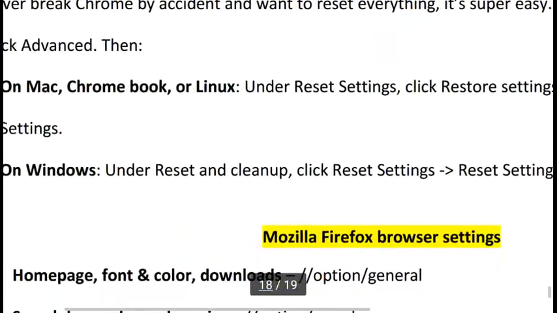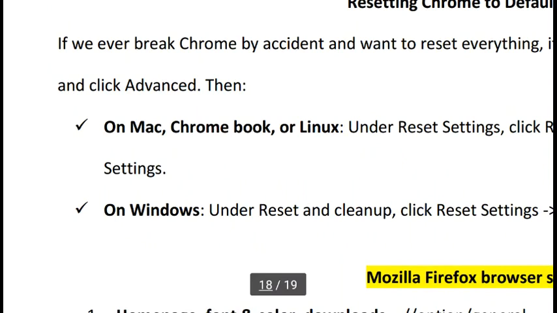So if we accidentally changed some settings and it creates a problem, we can again move to the default setting.